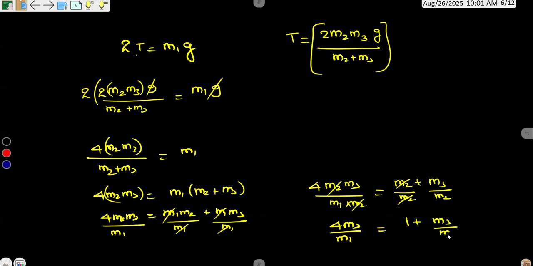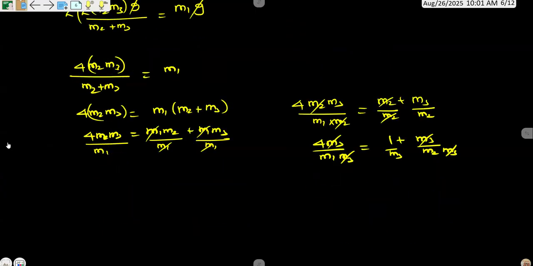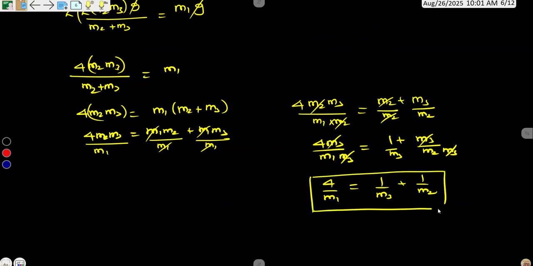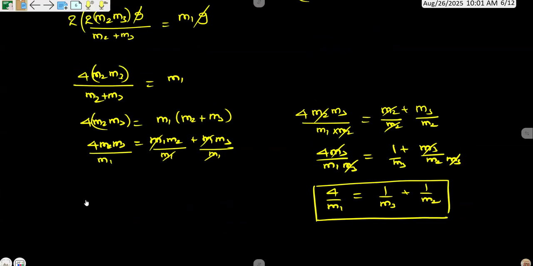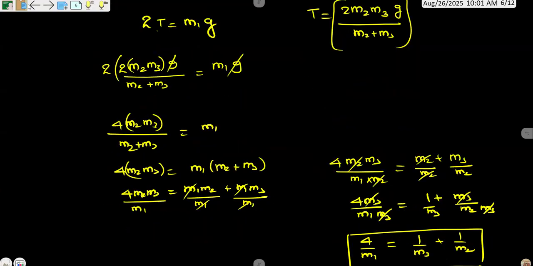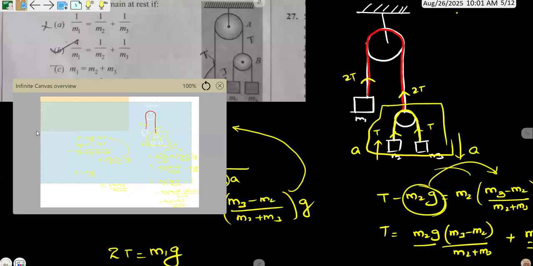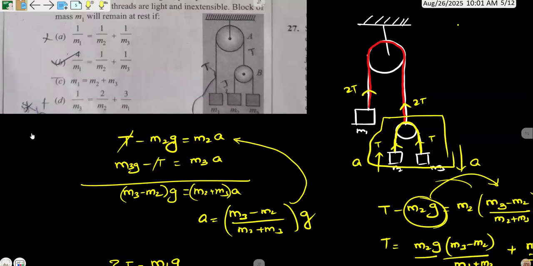Now what I do? Let us divide this entire equation with M3 again. So M3, M3, and M3. M3 gets cancelled. M3 gets cancelled. You are going to get 4 by M1 is equal to 1 by M3 plus 1 by M2. This is what will be left out. So 4 by M1 is equal to 1 by M3 plus 1 by M2. That is your answer for this question. I hope you understood this. If you have any doubt, you can ask. Okay. So the option for this would be